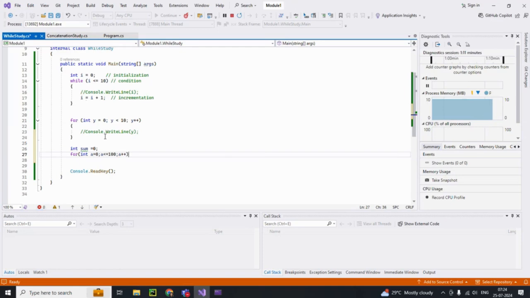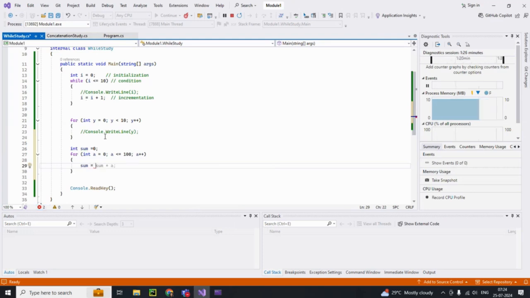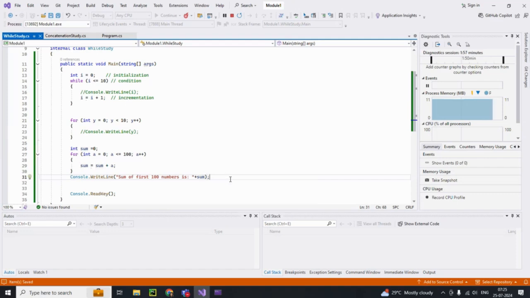So a plus plus, now sum equal to sum plus a, and I will say Console.WriteLine sum of first 100 numbers is. Okay. Now if I run my code again,